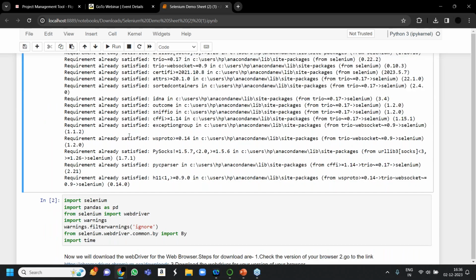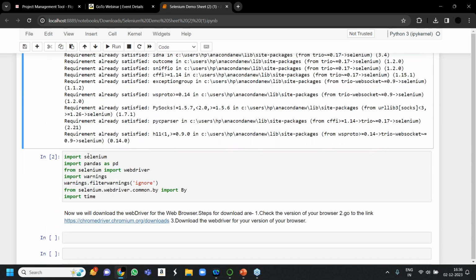Okay. So now different libraries, since I'm working with Selenium, I have installed, now I need to import. So import Selenium, then import pandas as pd, from Selenium import WebDriver. As I told you, WebDriver is the communication medium, though it is not used now because there is an update from Selenium side.